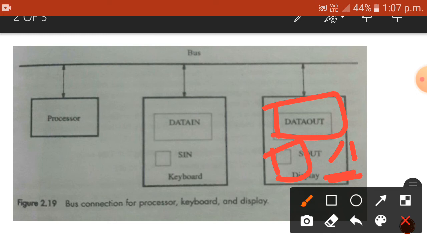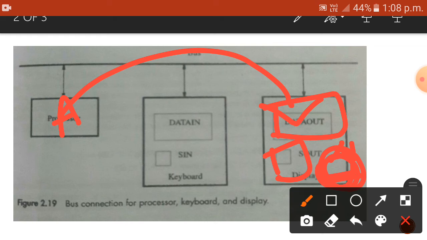When the processor sends a character to the data out register, the S out flag will become 0. Initially it is 1, and when the processor transfers the data to the data out register, the S out bit becomes 0.